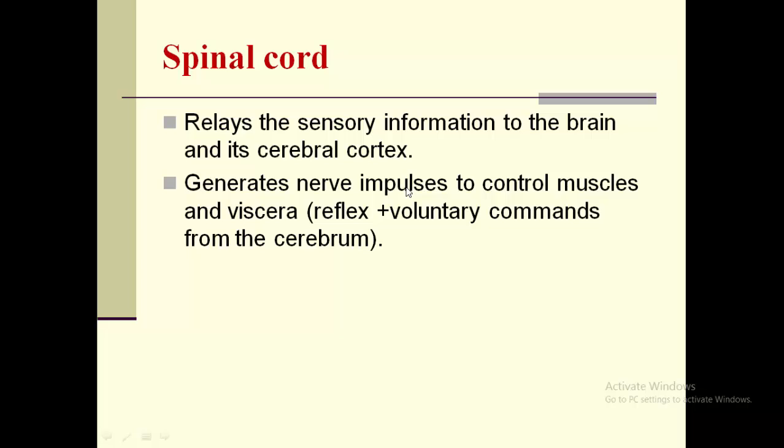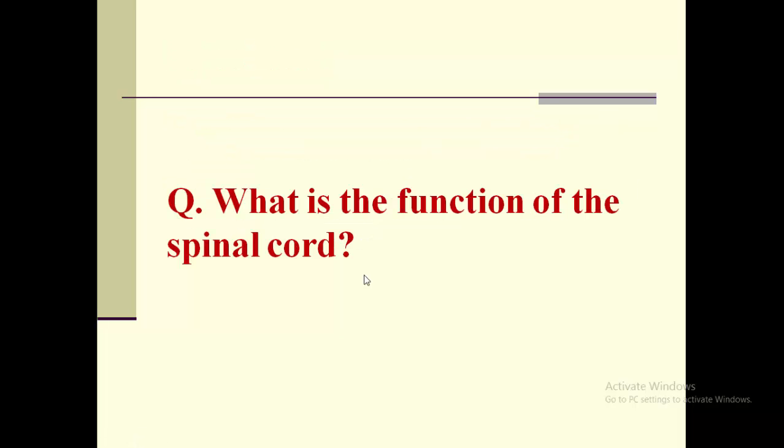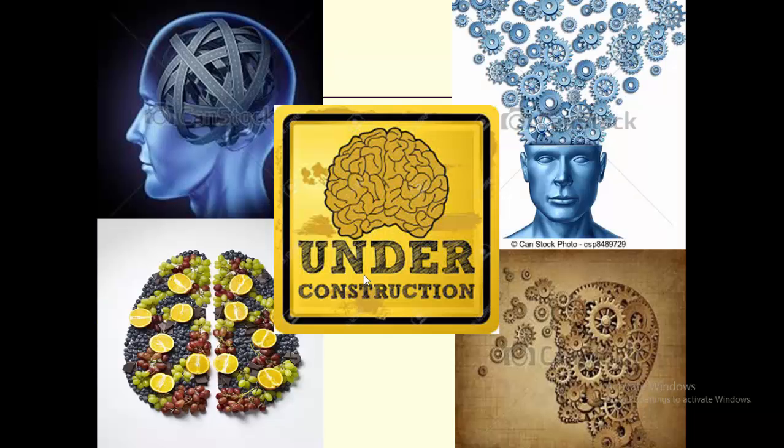Whether النبضات العصبية دي هتكون ريفلكس أو كرد فعل شرطي أو بشكل إرادي, voluntary commands جاية أساسا من الcerebrum, which is the biggest part and the most important part of the brain. Now, we will start a new part of the lecture.